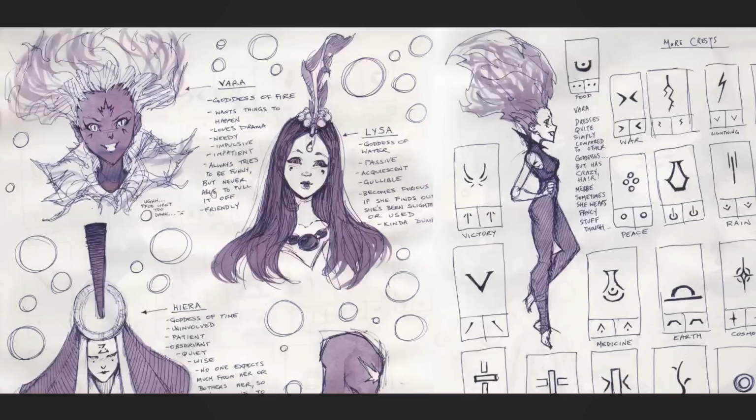This idea of always trying to be funny but never able to pull it off, that's more like I just draw the person and I think about their personality. So it's a combination of the two. On one hand, I'm thinking about what are the traits of whatever the element is, and it's obviously not what everyone's going to think. It's just my view. That's how I think of fire. That might not be how you think of fire,